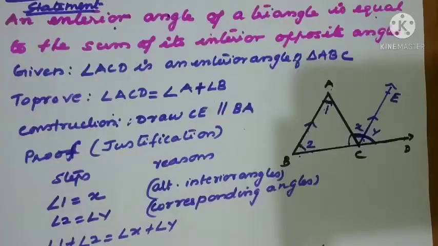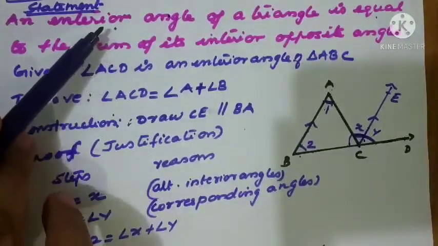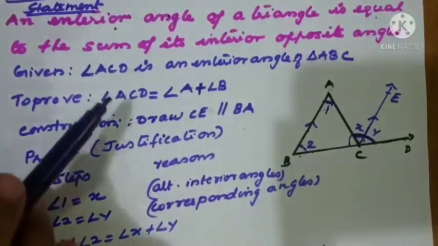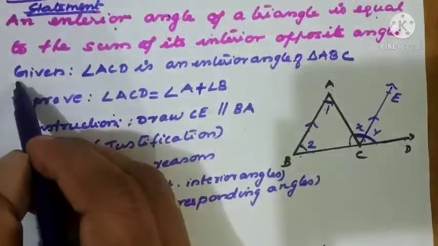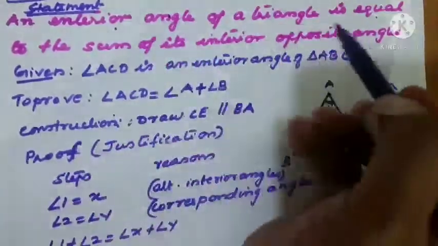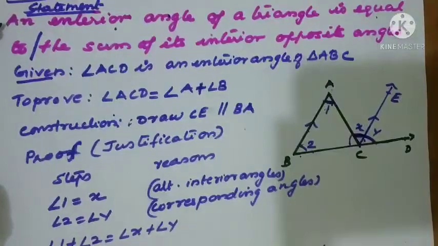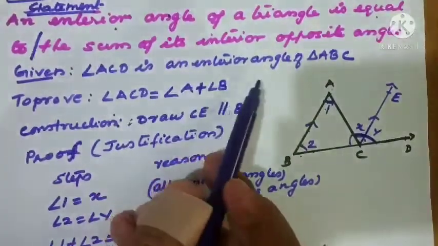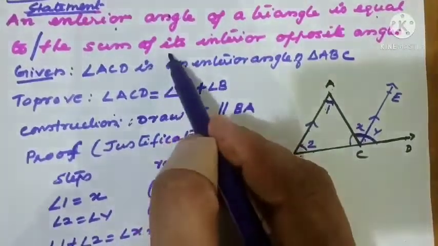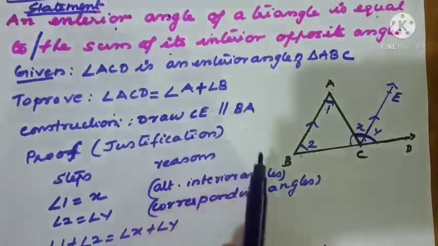Now let us see the steps once again. What is the step given there? Exterior angle property of the triangle. An exterior angle of the triangle is equal to sum of its opposite interior angles. That means what is given in the question. I told the first part. While reading that, an exterior angle of the triangle is equal to, here it ends. This is the half part of the question, that means it is a given part. Angle ACD is an exterior angle of triangle ABC. To prove, what is to be proved? It is equal to sum of its interior opposite angles. That means angle ACD equal to angle A plus angle B.